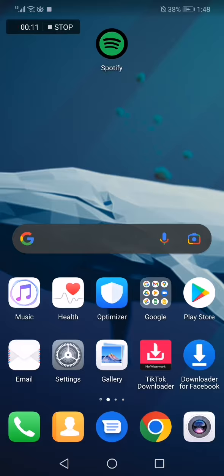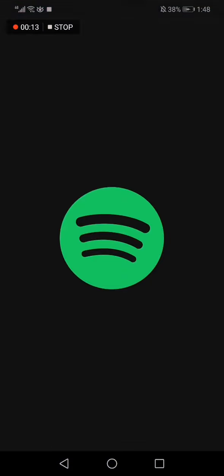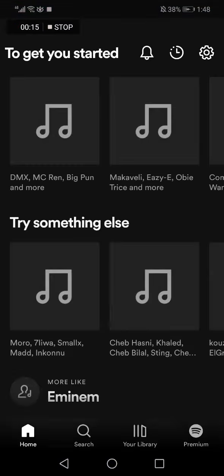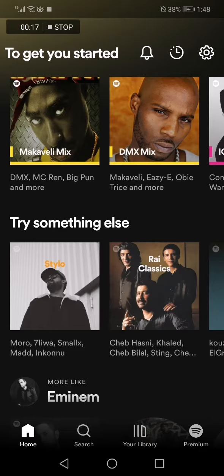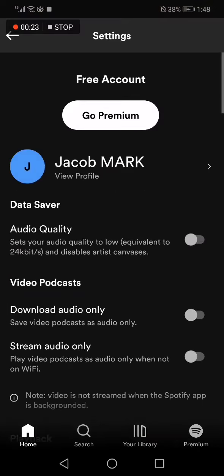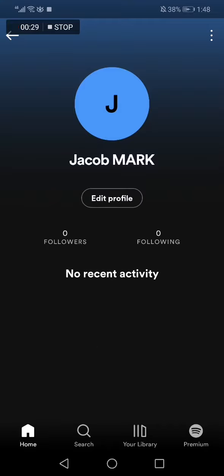All what you have to do, go to Spotify. Now this is the home page as you can see. All what you have to do, go to the top corner right here and click on this icon. After you click on it, now click on view profile right here, click on your name and it will take